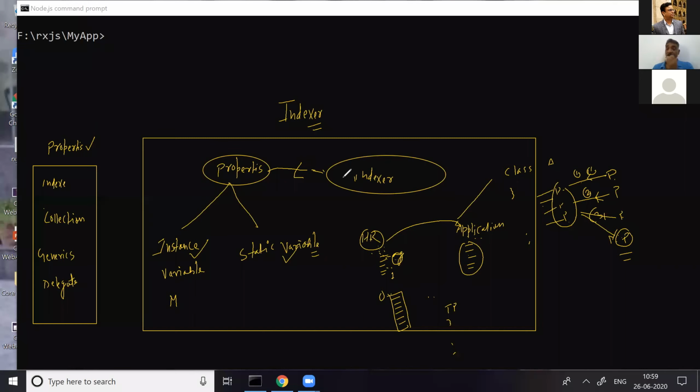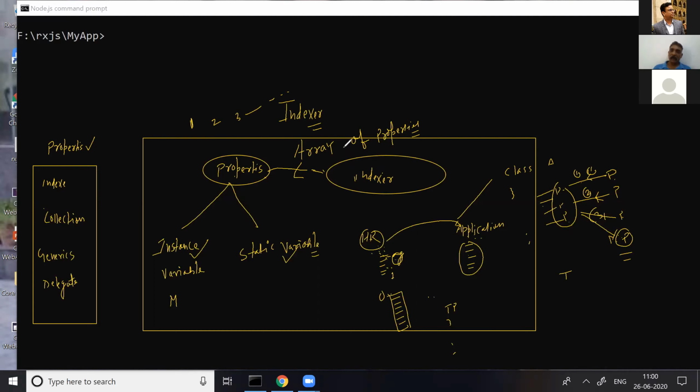Or the indexer is just an idea taken from properties. An indexer is basically an array of properties. It's just an array of properties. Properties can bind one variable, a second variable, and so on.